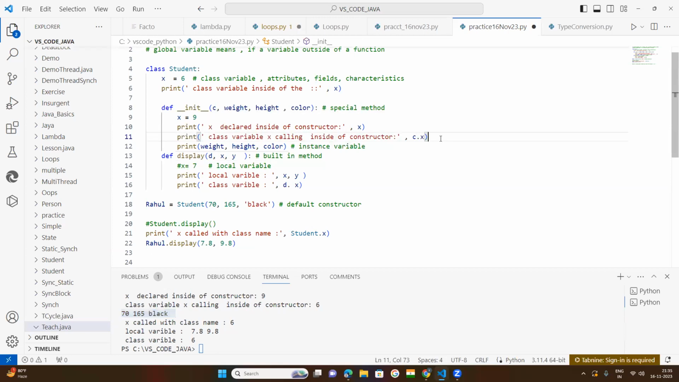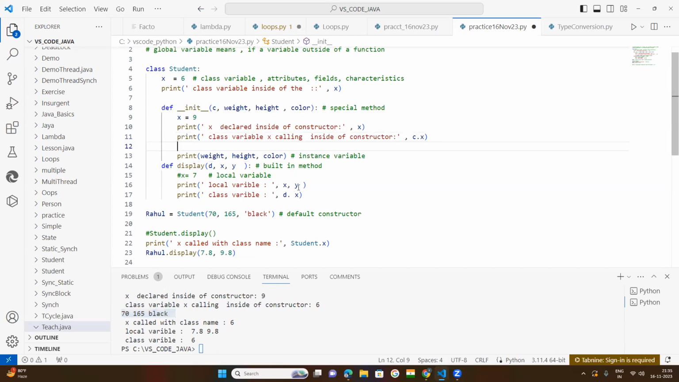These are called instance variables. Why? Because these instance variables, weight, height, color, have been constructed inside the constructor for the objects. They will be updated by this constructor. Whenever an object is created for the class with the class name, within this bracket, this is called the constructor. Under this, I have passed the values. Now these values are passed to these